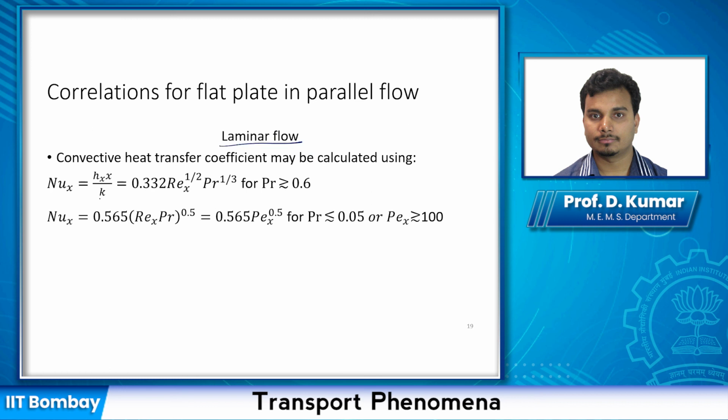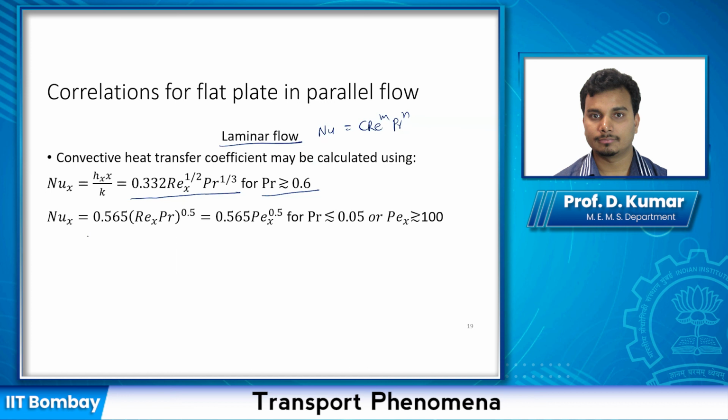The Nusselt number is given by h_x x by k, and the correlation is of the form Nu equals C Re to the power m Pr to the power n. So m is equal to half, n is equal to 1 by 3, C is 0.332. This correlation is valid only if your Prandtl number is greater than 0.6,